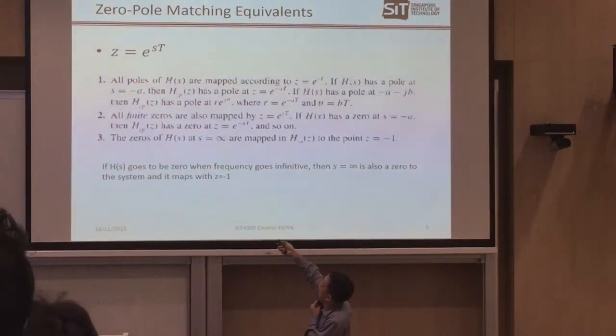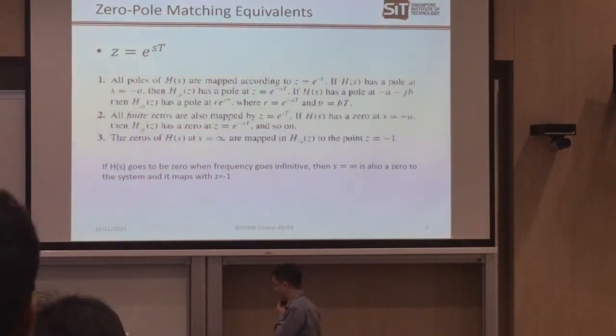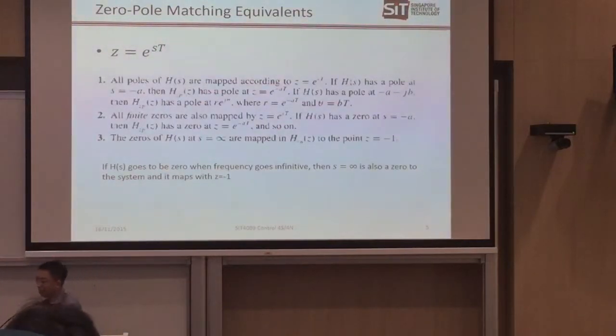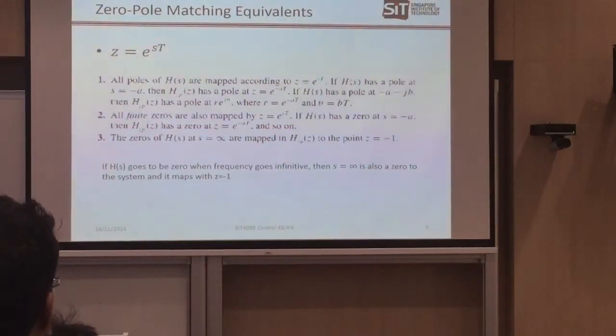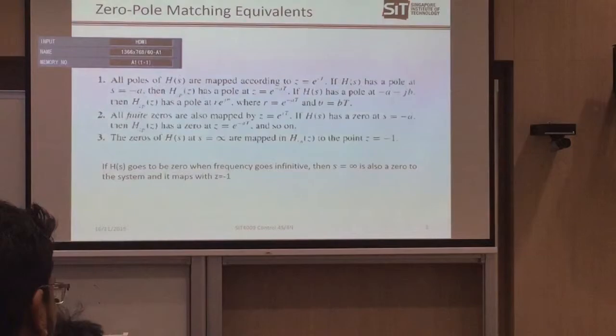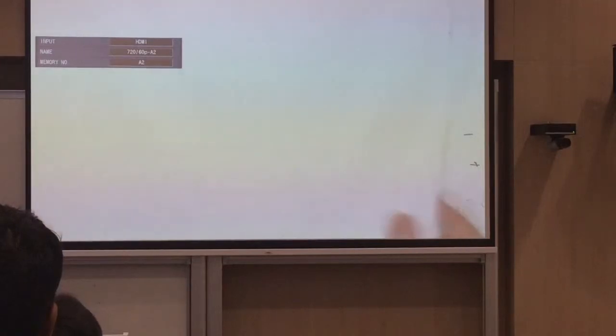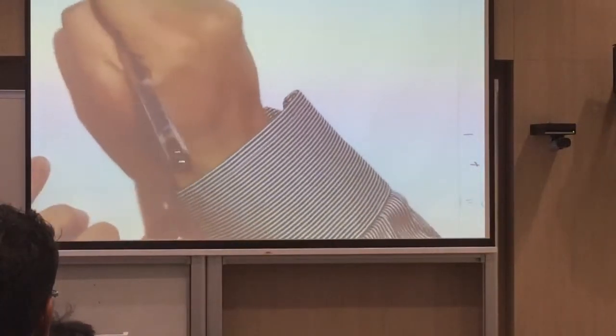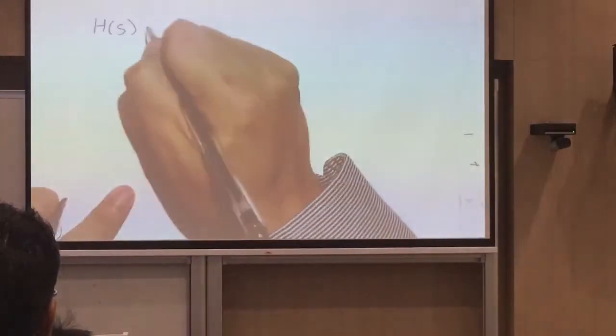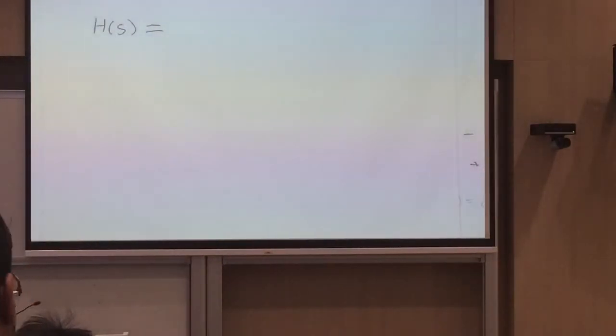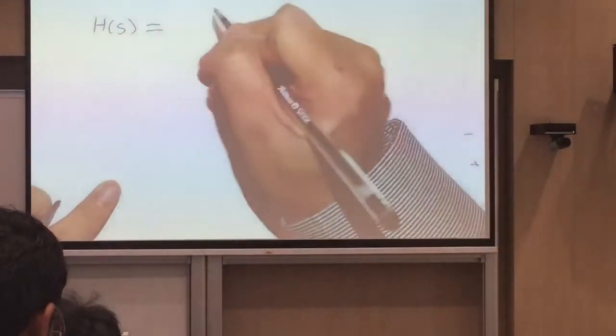Then after you get your poles and zeros, all the poles and zeros will be mapped according to a function, which is z equal to e power sT. This is something we introduced when we introduced the Z transform, the mapping from the s domain to the z domain, right? So what I mean is, if you have a transfer function H(s),